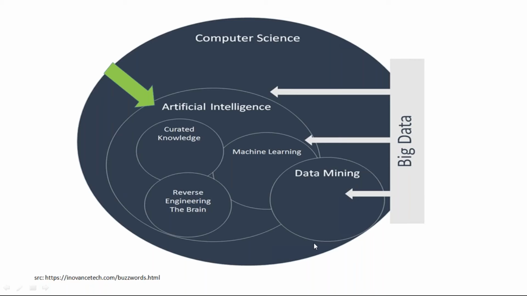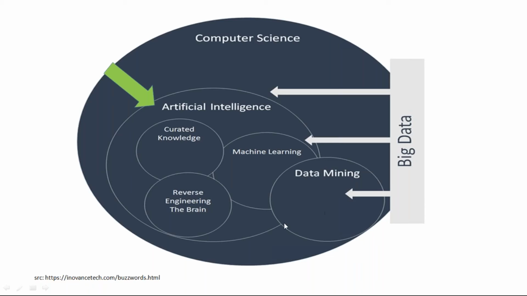It also involves finding out how a human would solve that problem, if a human had been asked to solve it. We need that data in order to build a very intelligent AI application for a specific problem domain. We call this reverse engineering the brain. This step is essentially to understand how a human would have solved that problem. Right now AI is popular because the current state-of-the-art AI algorithms are highly based on what the human mind does.